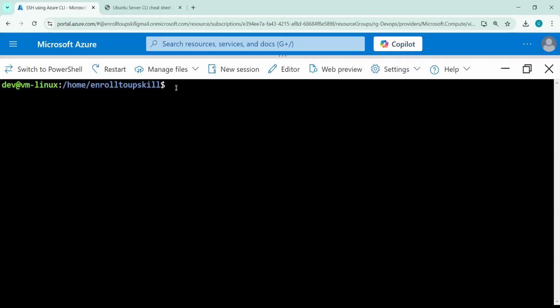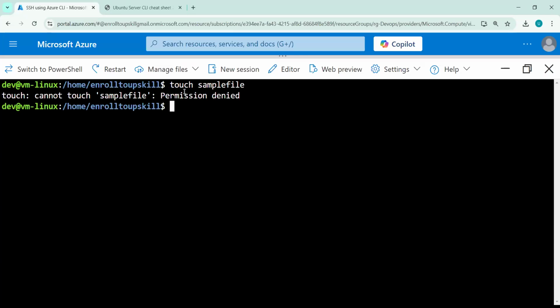And now here, if I try to create the files, let me try to create the files. touch samplefile. You can see permission denied. Why? Because in Linux, for user and file, we have to give the permissions. By default, the location of the user here you can see is home/enroll to upskill. So this is a different user and there I have logged in. So if I want to make changes, I need to go to the home folder. So how can I do that? cd home